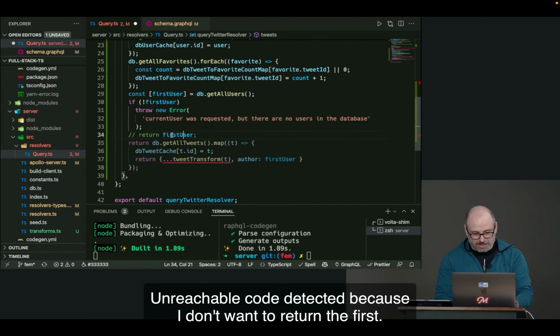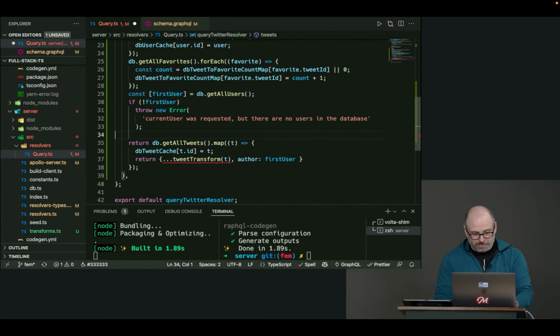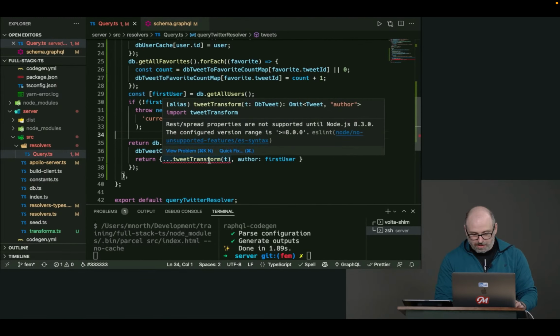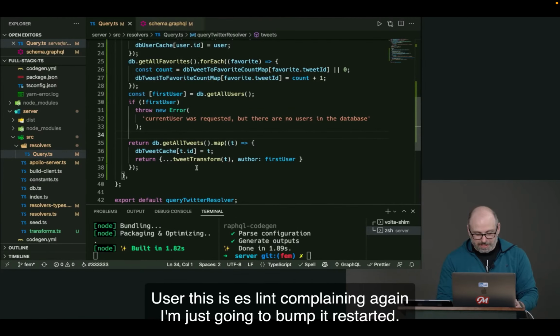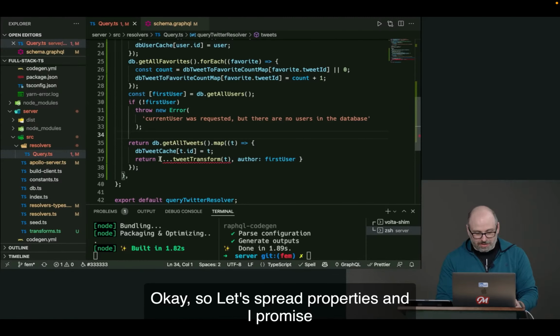Unreachable code detected, because I don't want to return the first user. This is ESLint complaining again. I'm just going to bump it, restart it. OK, so